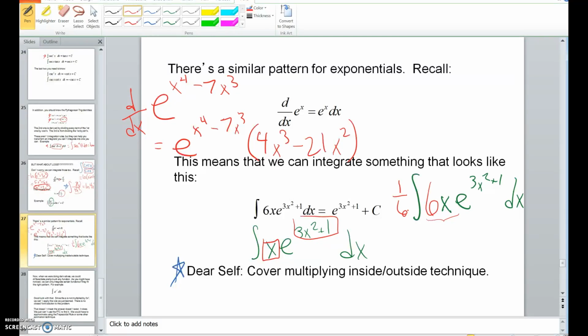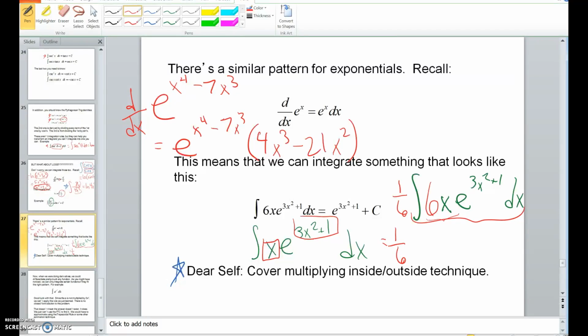So what I've done here is I've multiplied the original problem by 1. 1/6 times 6 is 1. And in math, you are allowed to multiply anything by 1. It does not change the value of the expression that you're dealing with. So I haven't actually changed the value of the answer here. I just changed the way it looks. So I'm just multiplying by 1. 1/6 times 6 is 1. However, I've now modified this integral so that I can do it. It now fits the pattern I need